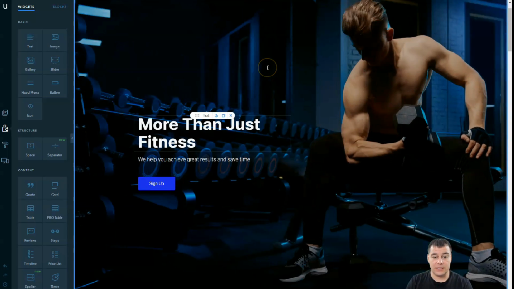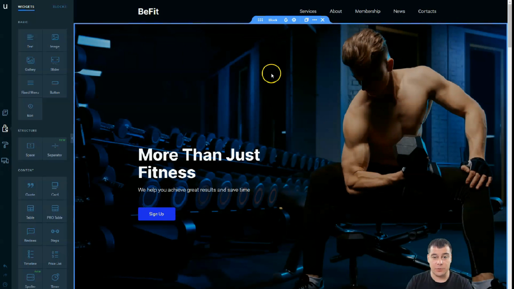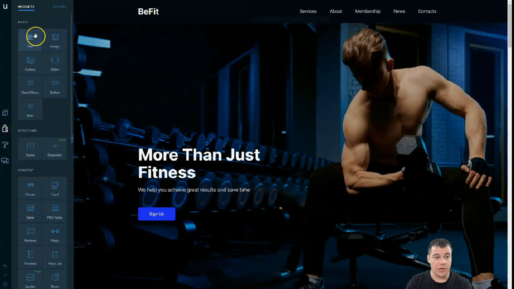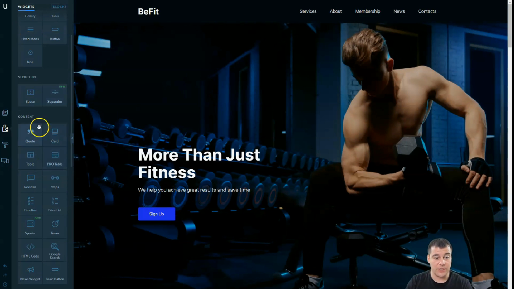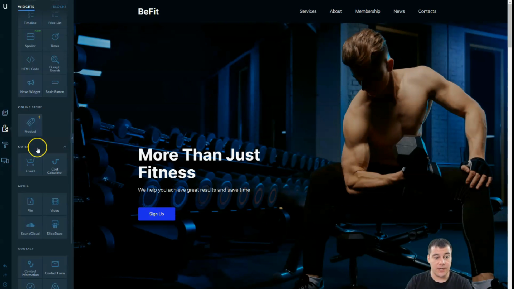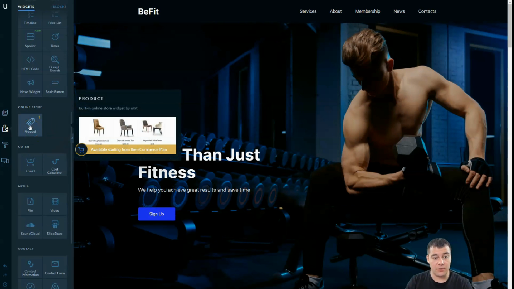Then let's discover all the elements. When you're hovering over the surface, you see space, you see text, you see button, and so on. And those are actually the basic widgets, the structure widgets, content widgets, online stores available on the e-commerce plan and higher,